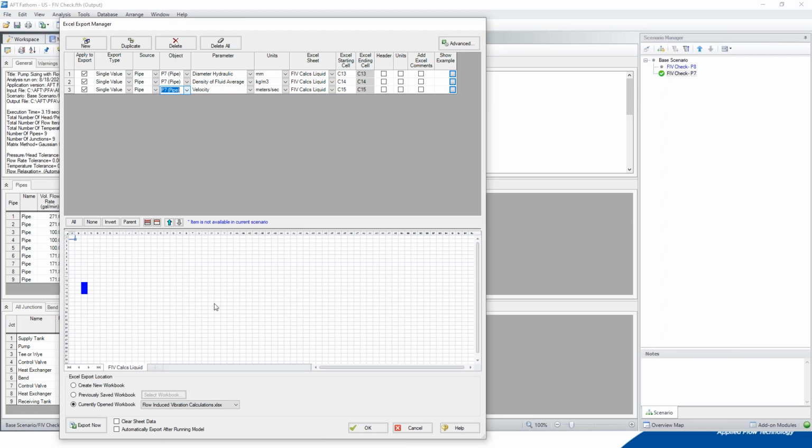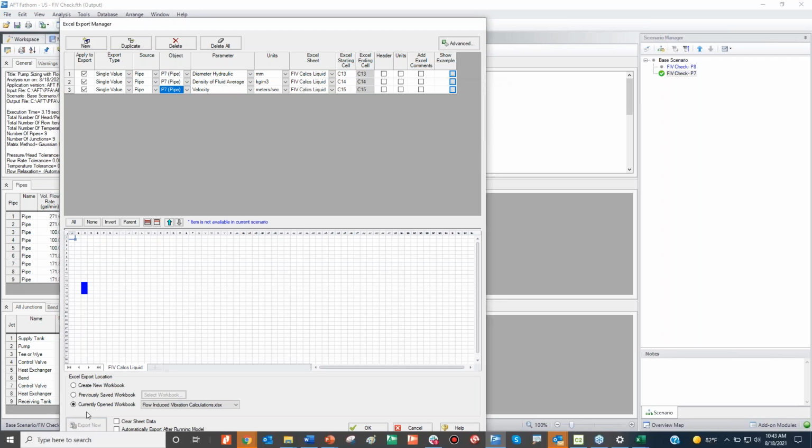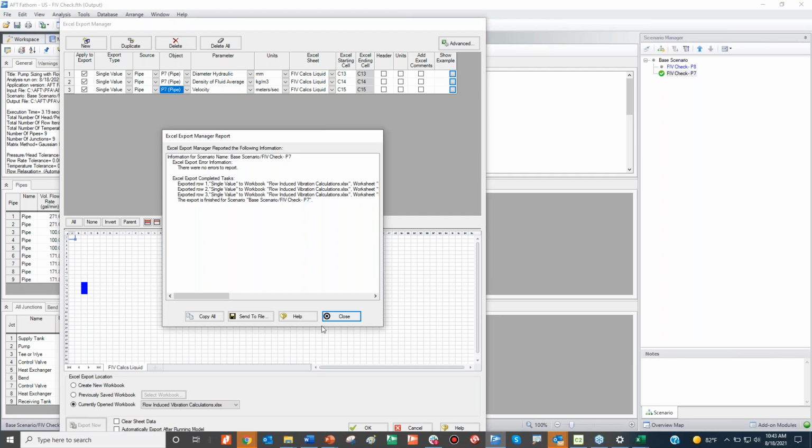So we go down. We make sure the currently open workbook is selected to the flow-induced vibration calculations, and we hit export now. It tells us it was exported without problems.